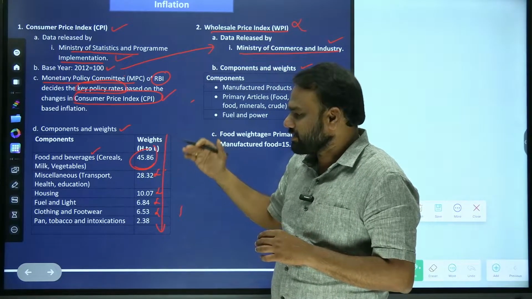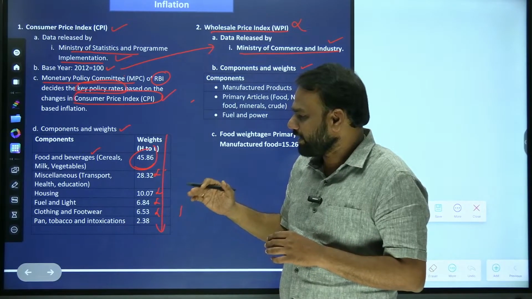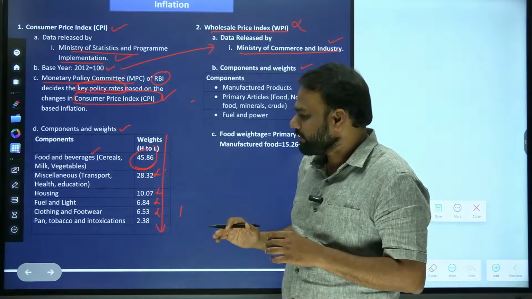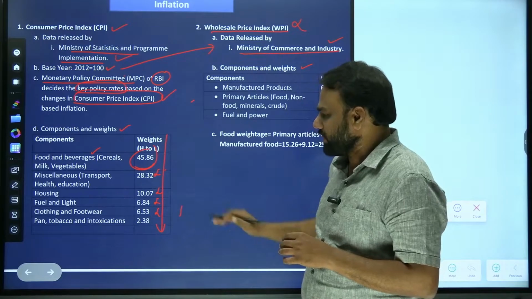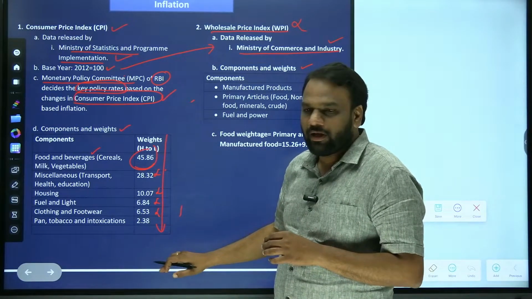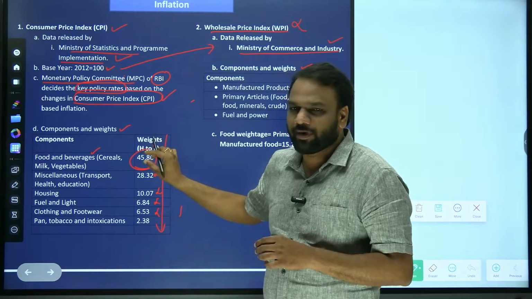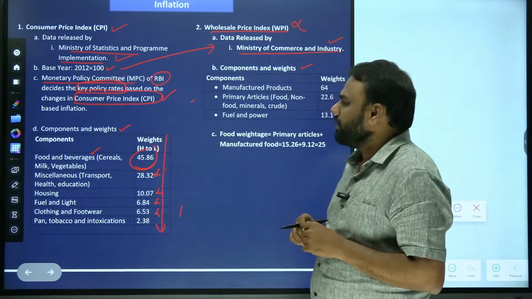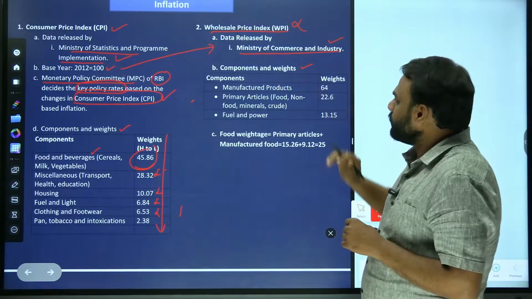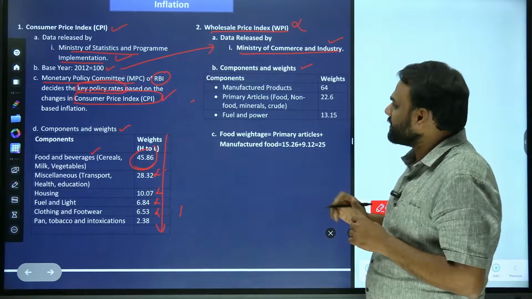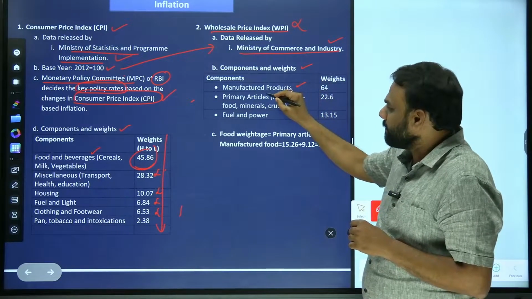Next is miscellaneous. Third is housing. Fourth is fuel and light. Fifth is clothing and footwear. And the last one is pan, tobacco and intoxicants. So this order is important. But when it comes to value, only if we memorize the value corresponding to food and beverages, that would be sufficient. Next, similarly, when it comes to components and weights of wholesale price index, we have manufactured products, primary articles,